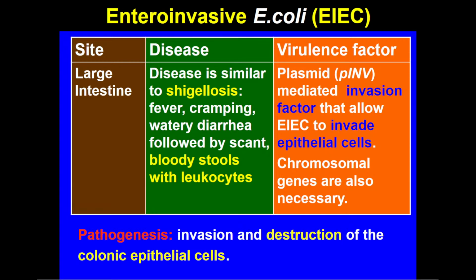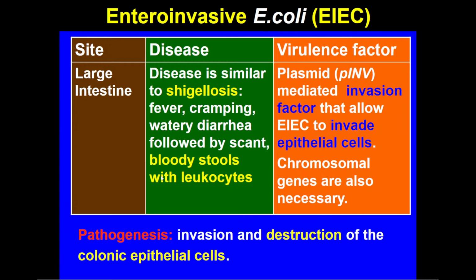And now we take a look at two that cause infections in the lower or large intestinal tract. And these are enteroinvasive E. coli, and they cause disease similar to that caused by Shigella, with fever, cramping, watery diarrhea,